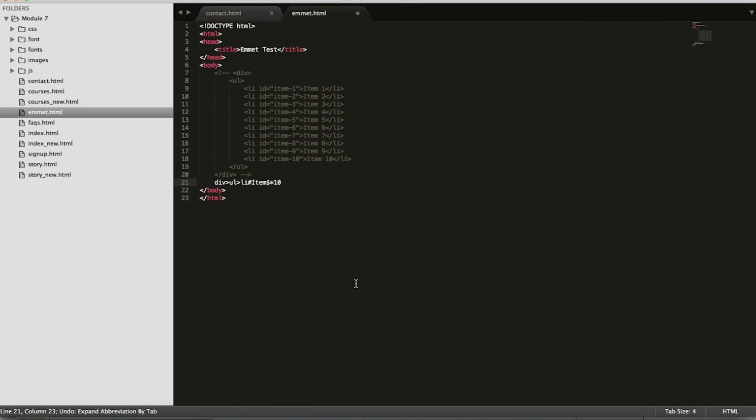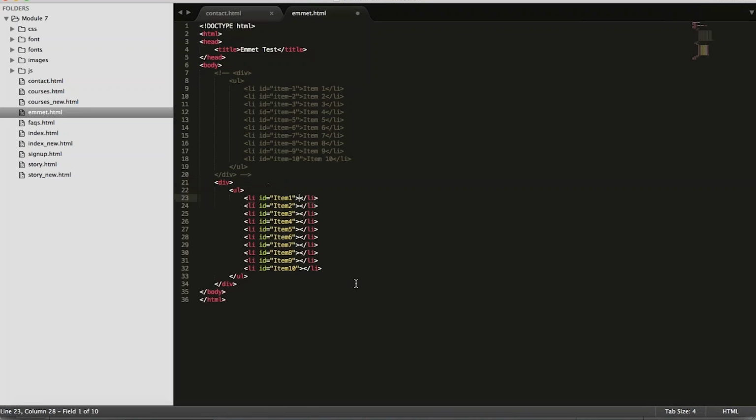Especially when your team lead or your manager is after you to get something, and that too in a very short span of time. So the syntax is very easy. Div slash ul slash li, then the item dollar, and how many times you want it to be. I just wanted it 10 times, and you can see I have 10 different IDs.